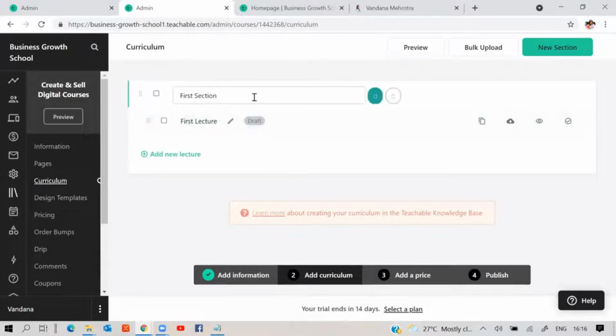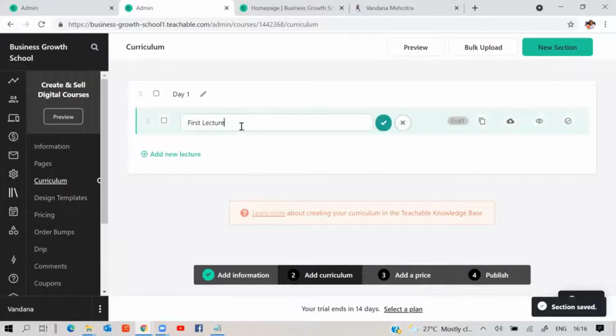You can define your sections and lectures within the section. So now I could just say this is day one of the course, whatever way you want to write. If it is a 30-day program, then day 2, day 3. First, we'll look at this, then I will show you the functional one, so you will get an idea how it works. I'm just saying day 1, and my lecture 1 in day 1 is a welcome message. Remember, we looked at the curriculum course design, what should be there, right? Welcome message.